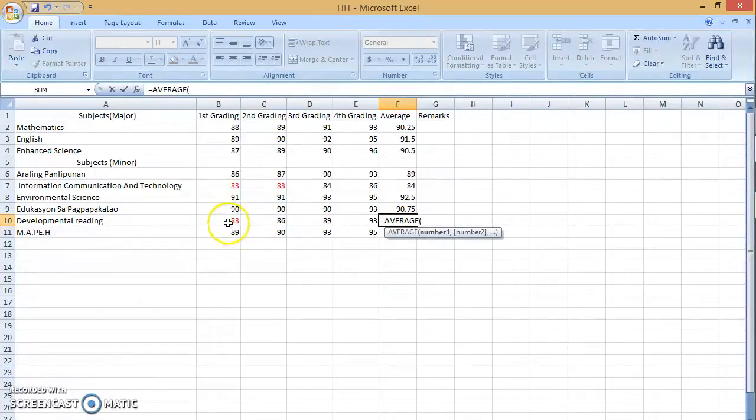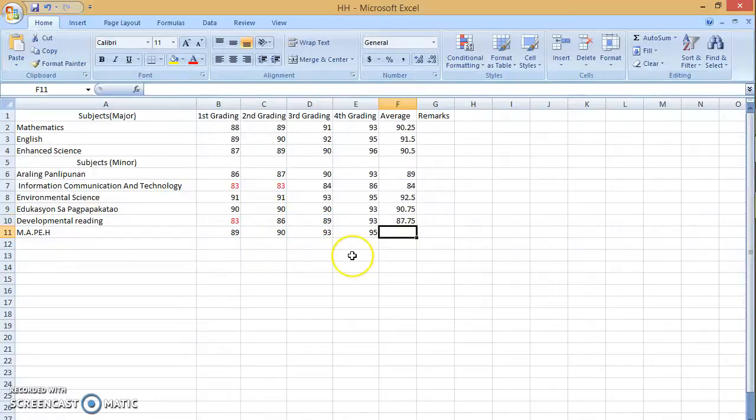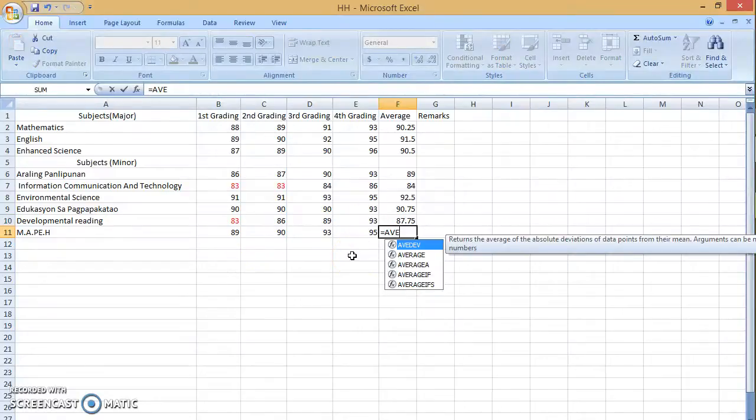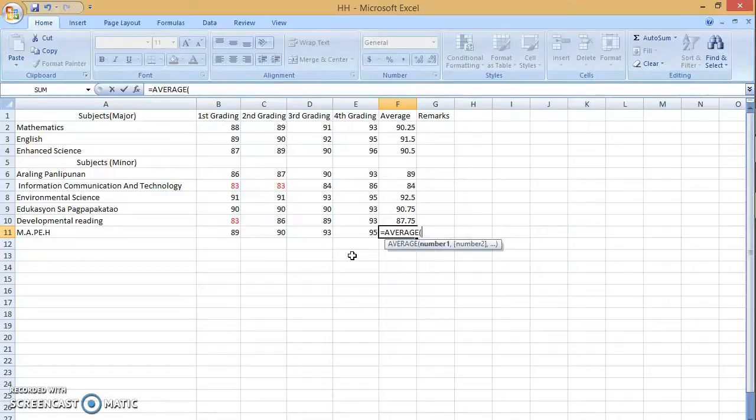You have to be quick, so time will not be wasted. So it will take minimum time to finish. I'm just going to rush.